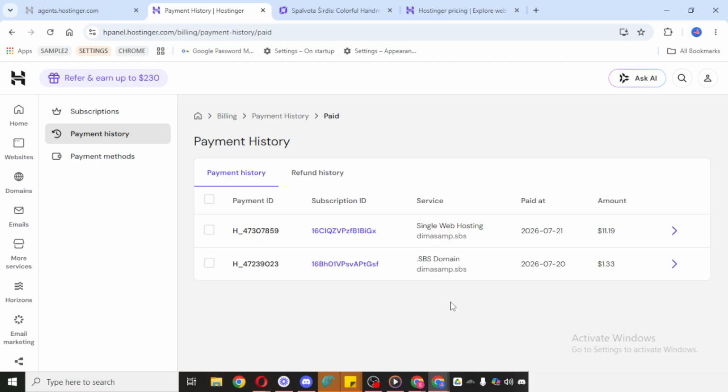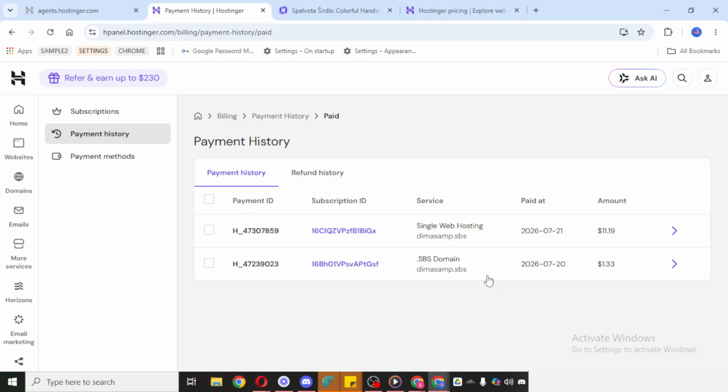In many cases, this can help you verify whether a payment went through successfully or check the timing of previous renewals. If you are keeping records for personal or business use, it is a good idea to review this page carefully and make sure the dates and charges match what you expect. And if something looks unusual, the billing section is usually the best place to start before contacting support.